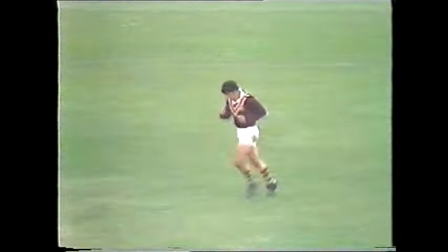Mick Cronin now attempting to make it 19-9, and he's done it. 10 points between the teams. New South Wales Country first, 19. Sydney first, 9, and about 2 minutes left. Sydney have obliged,